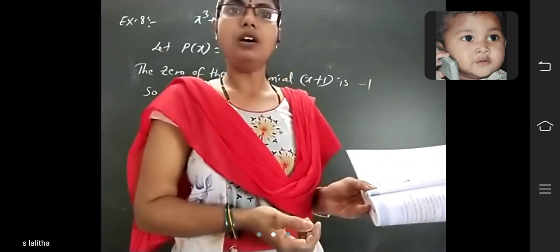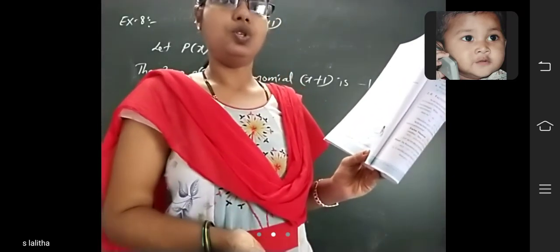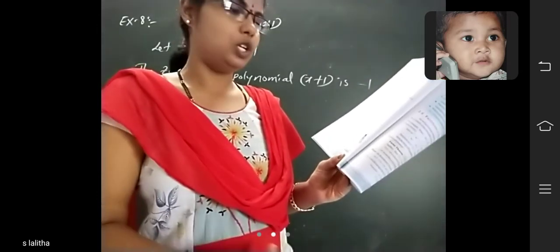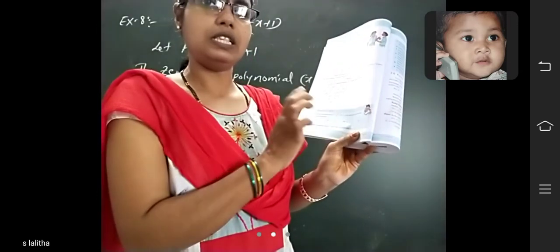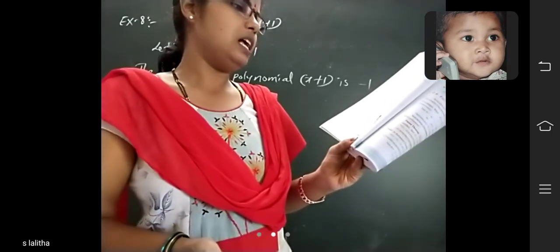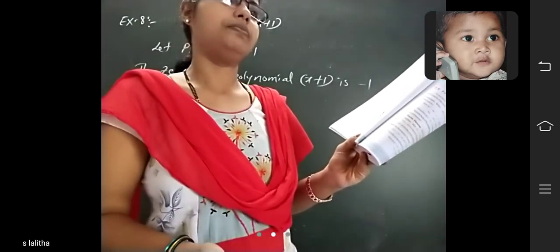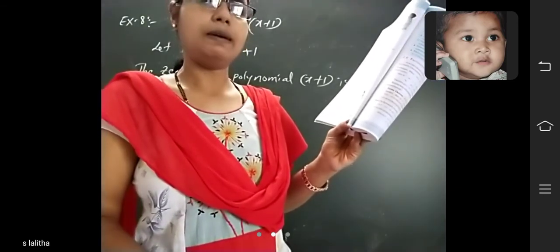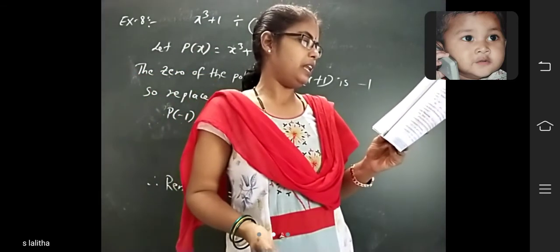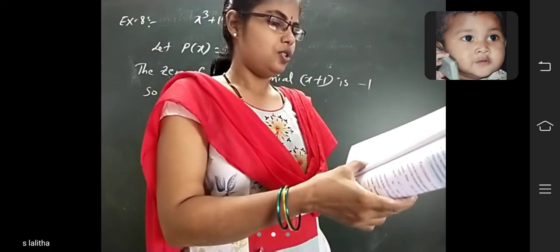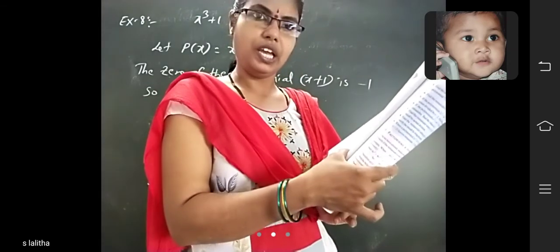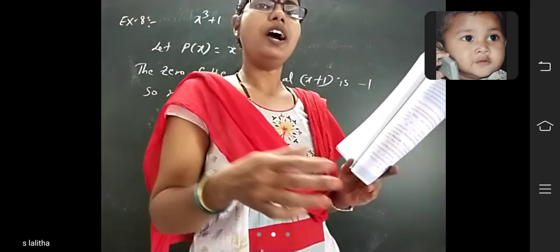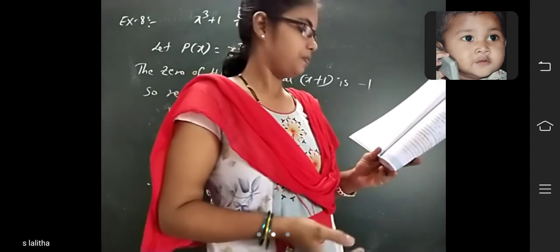Like that, the same, x minus 1 by 2. What is the zero of the polynomial? 1 by 2. So you have to replace x by 1 by 2. Like that you can do. Okay, that is the homework for you. Fourth one also, x plus pi is there. So x is equal to minus pi, you can substitute minus pi. Third one, x, so you have to take x equal to 0. So you have to replace 0.